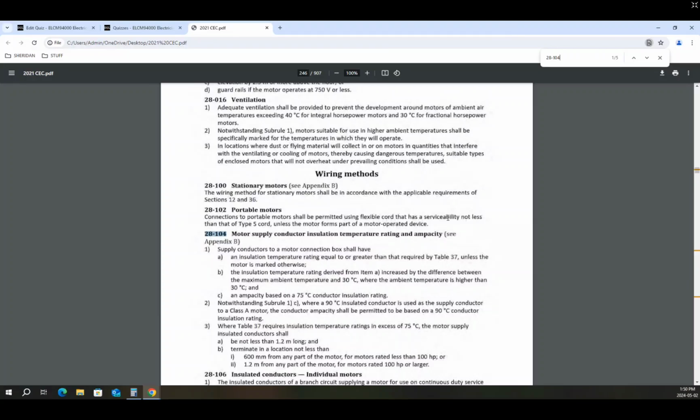I'm assuming that you folks are going to be writing on the 2021 code. Okay, so supply conductors,